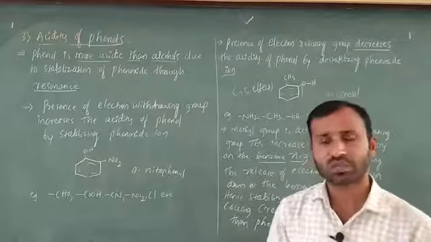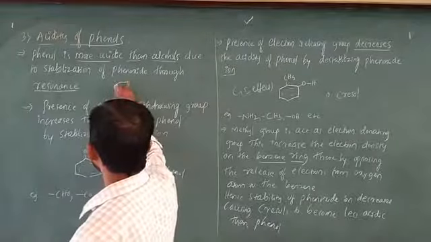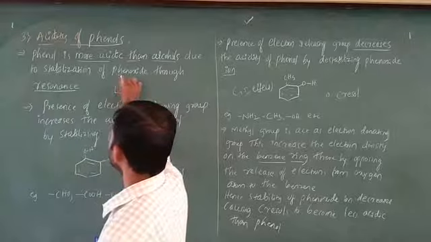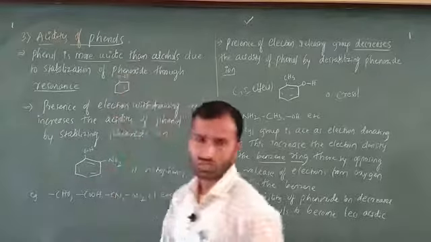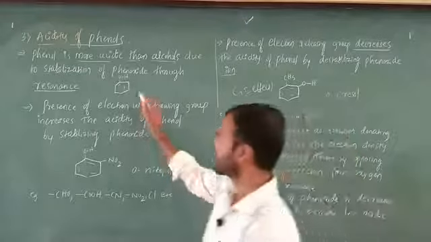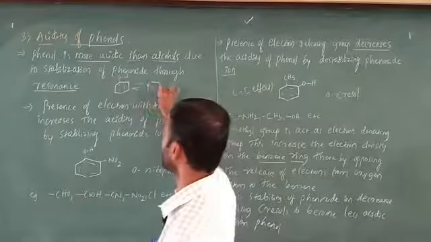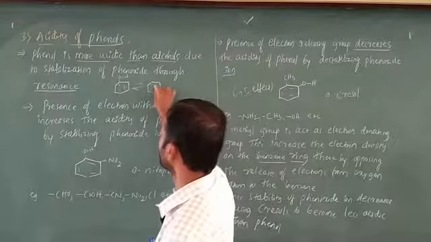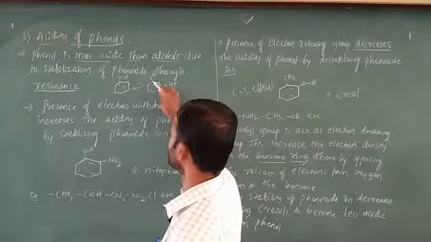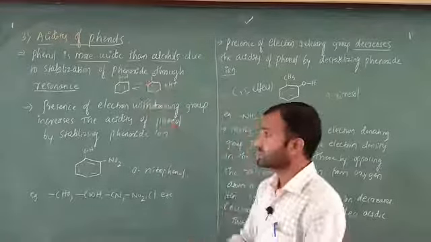Next question: what is the meaning of stabilization? Just see here, I am going to write the resonance for this one. Here OH is there. What is the name of this one? Phenol. Compared with alcohol, phenol is more acidic. In this case, due to resonance, there is an equilibrium. These two are stabilized. Phenol is in equilibrium. In this case there is a formation of a negative charge plus release of H plus. The negative charge indicates that it is resonance stabilized.